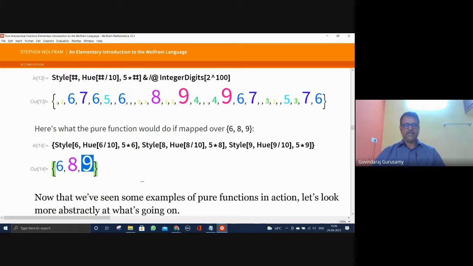6, 8, 9. See, 6 in between, these are all zeros. There are two there. But he has specifically taken 6 alone and found here. Take 8 corresponding, sorry, and 9. This is what happens, which means 3 hashes are operated on each one of the integers. The integer itself as it is, number 1, the corresponding color of that, and the size of that.